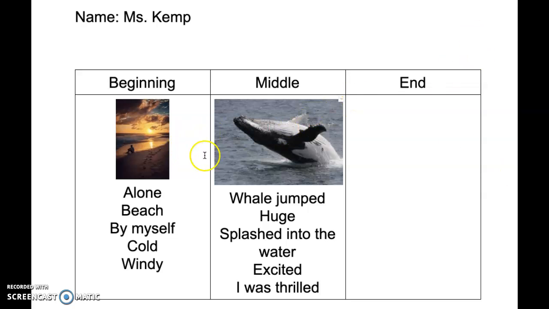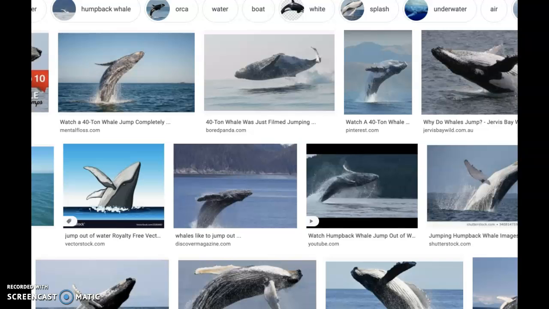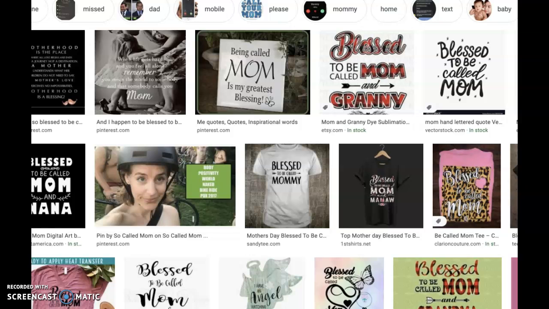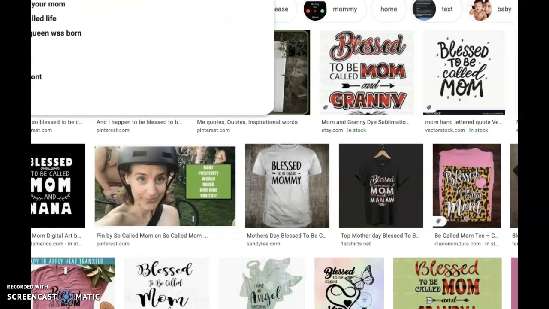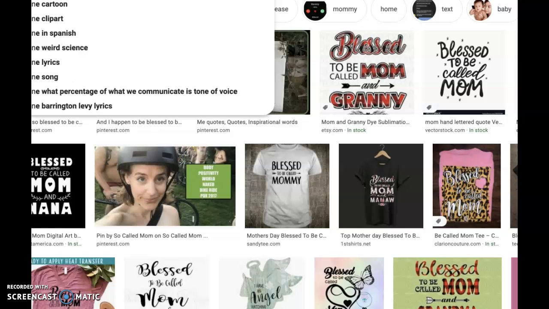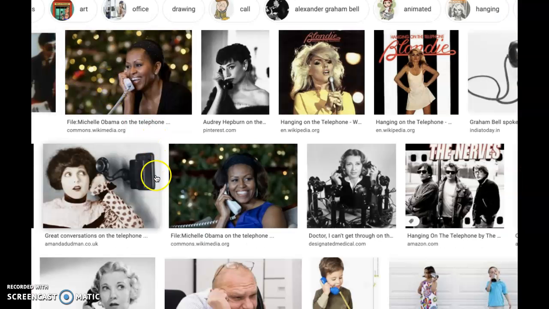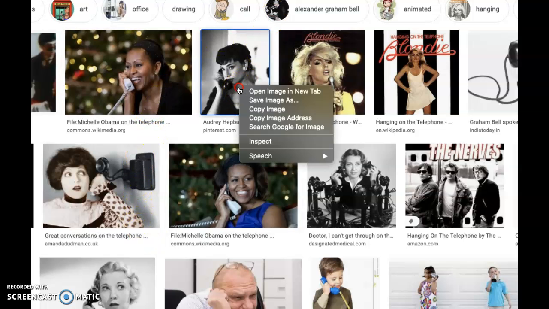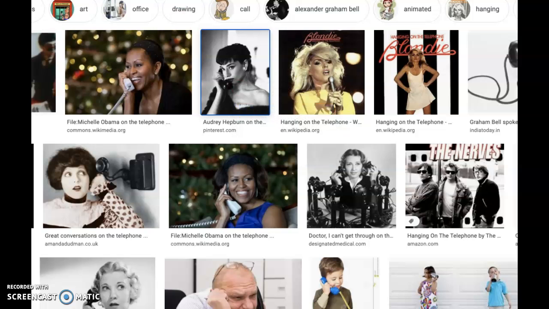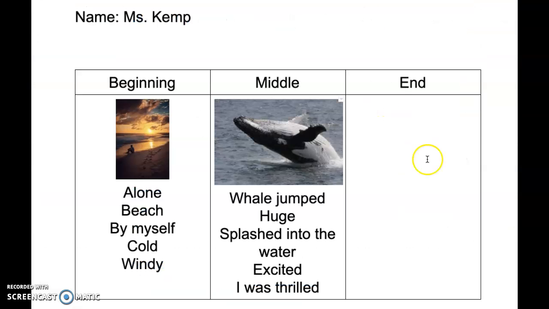And I was all by myself before, and then I saw this whale, and the end of the story is that I went home and I called my mom to tell her what I saw. So I'm going to look for a picture of somebody. That's not really what I want. I'm going to pick a picture of somebody calling home. I think I'll use this picture, because I'm just trying to remind myself